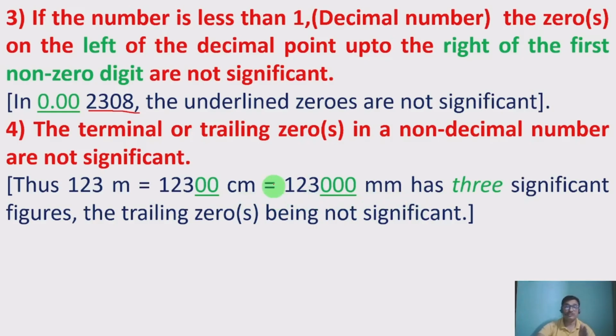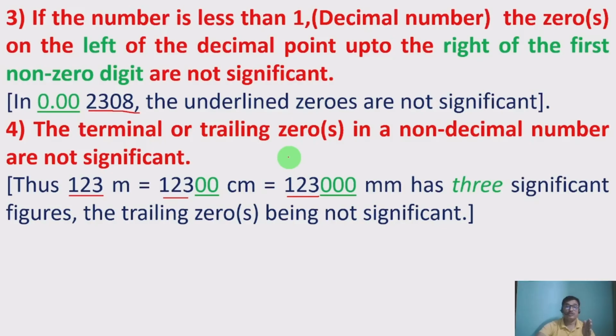According to the fourth rule, these are trailing zeros in a non-decimal number. This is a non-decimal number, it does not have any decimal point here. That's why in a non-decimal number, trailing zeros are not significant. Therefore, only these three numbers are significant according to this fourth rule,